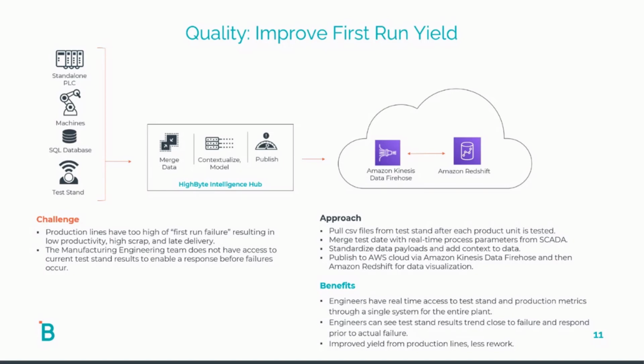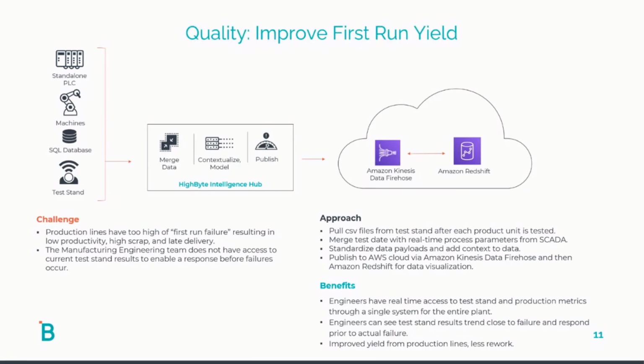So what they've been able to do is install the Intelligence Hub, ingest data from these dissimilar systems with completely different teams working on them, collect the data, contextualize it, and then publish it up into the